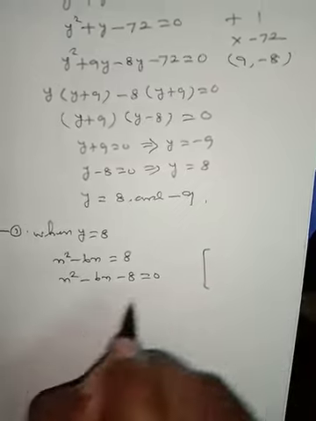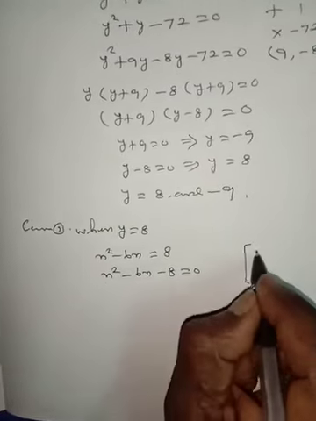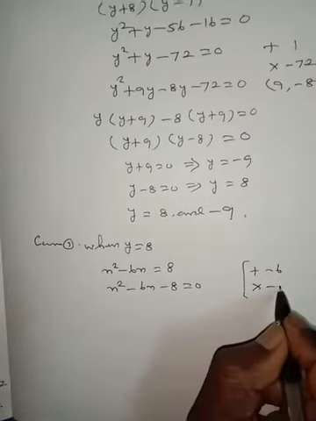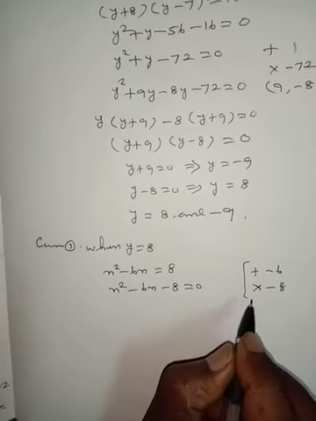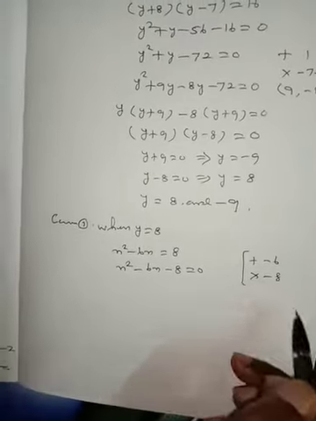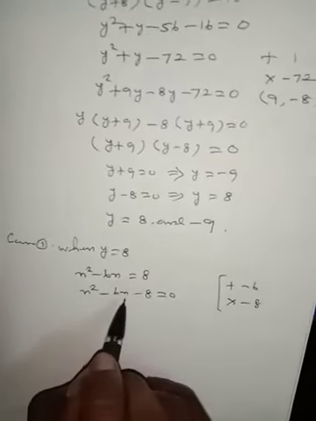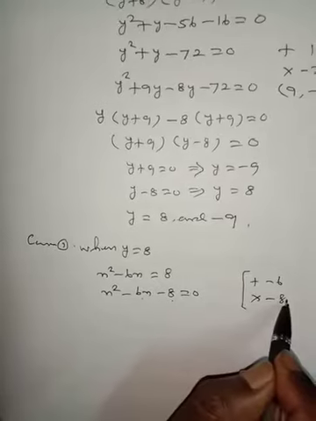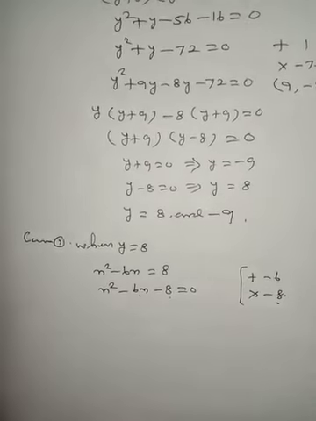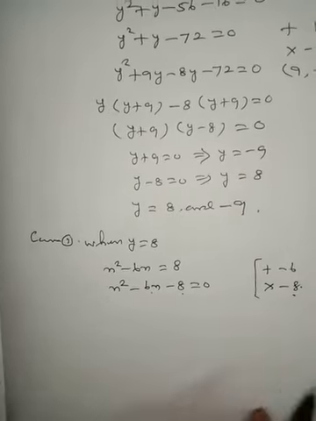Take two numbers, adding minus 6, product minus 8. This is not splittable in integers, so we cannot split into minus 8 and minus 6. Therefore, using the formula method,